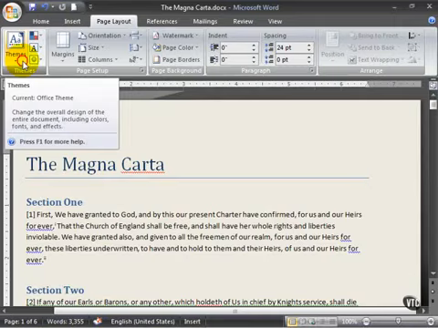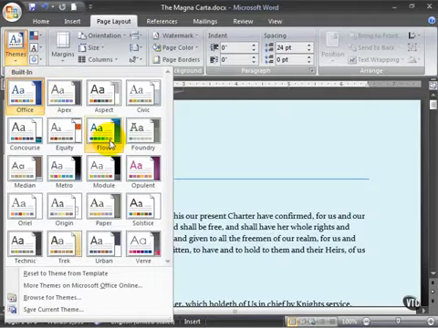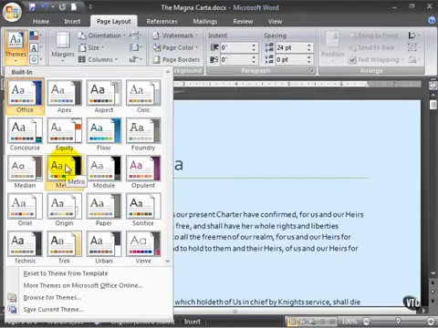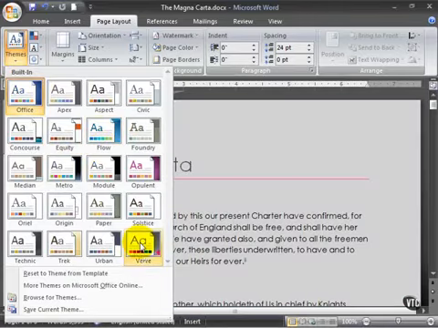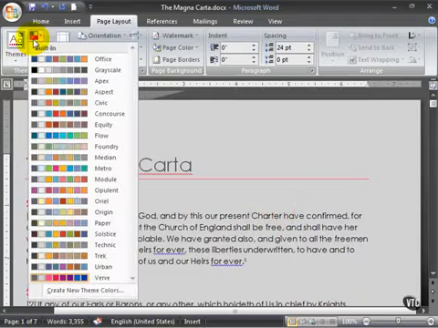So the Office theme is the current one. You can change to Apex, for example, or to Flow, and really this is just something that's personal choice, whether or not you like it and whether or not you think it fits, and just exploring, making some clicks to change it. So for example, now we have the Urban theme, and the Urban theme uses a different set of